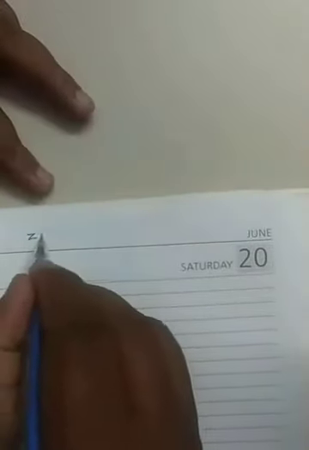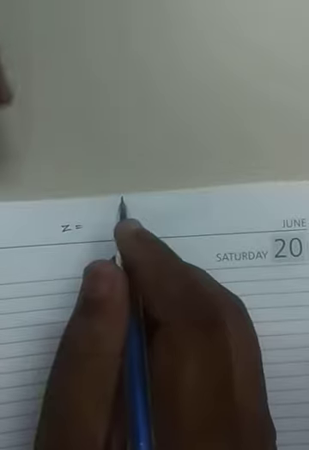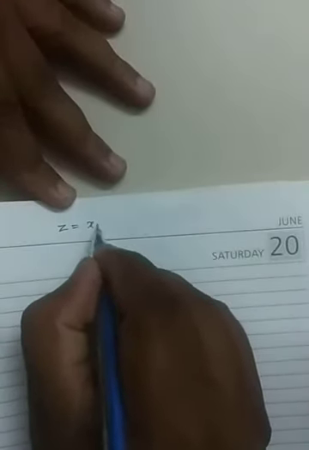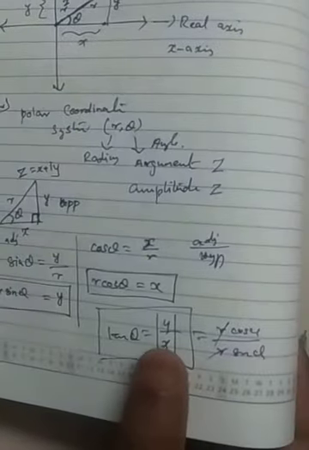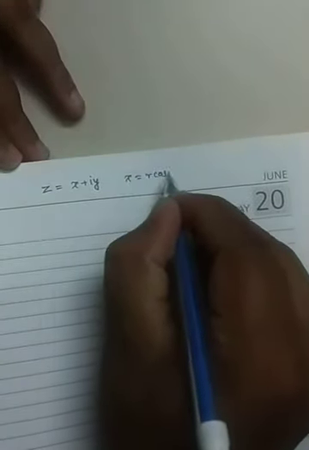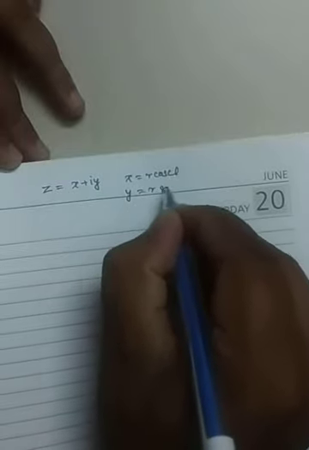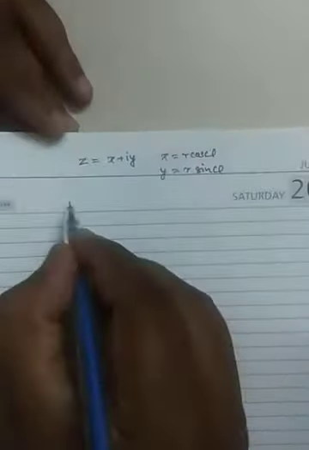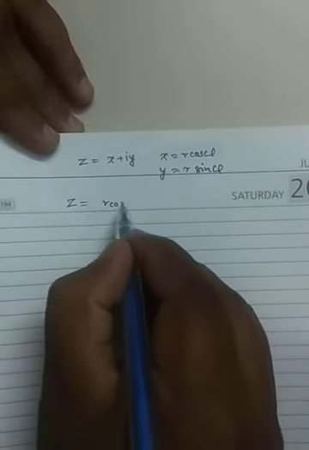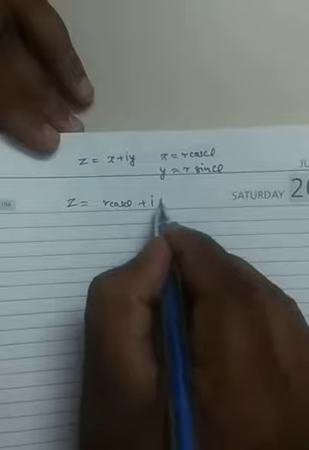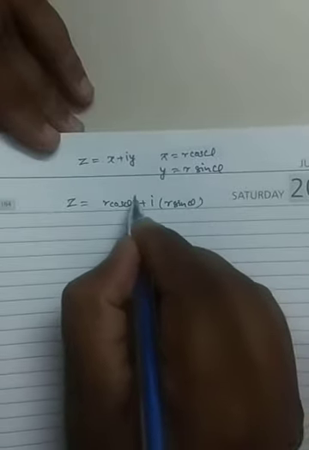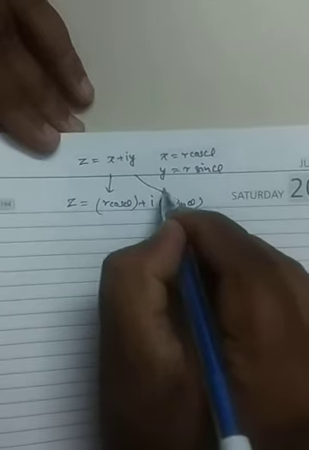Now see, so we know z value, what is z value? z is equal to, we can say x plus iy. This is the value. Just now we got the value of y and the value of x we got. So we can write here x value is r cos theta and y value is r sin theta. So I replace this one. So z value will come as r cos theta plus i r sin theta will come. So x value I replace here, y value I replace here.